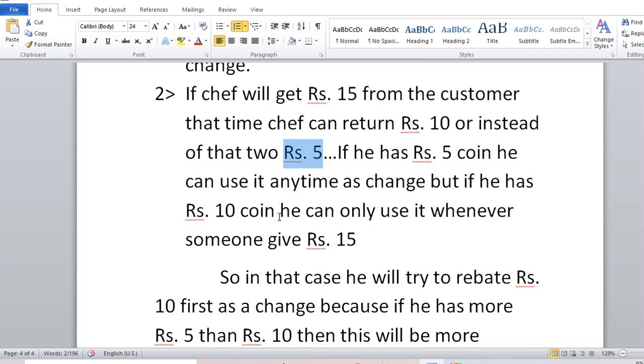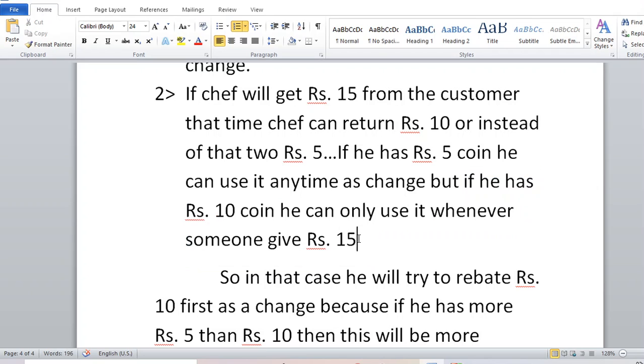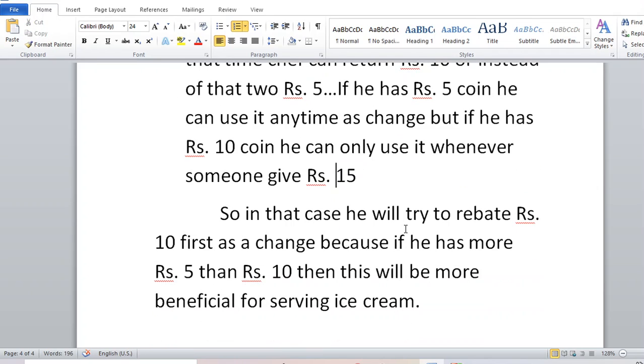And we know if he has a 5 rupees coin, then he can use it anytime as change. But if he has a 10 rupees coin, then only he can use it whenever someone gives 15 rupees. So in that case, he will try to give the 10 rupees first as change. Okay, now I will show you